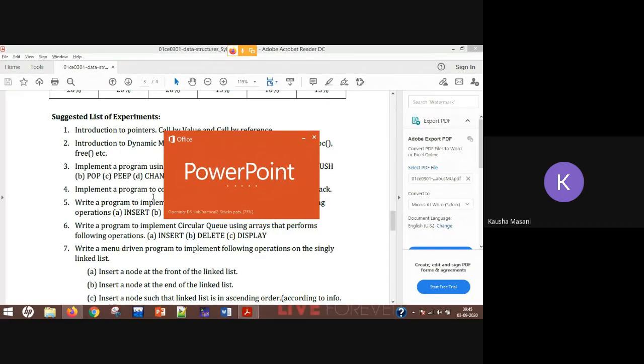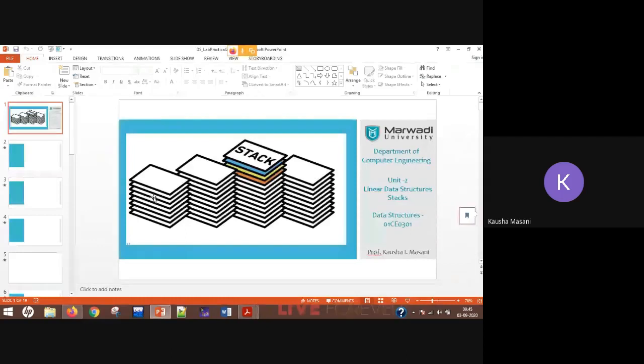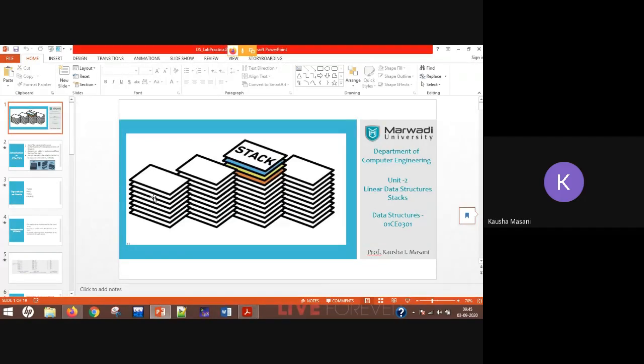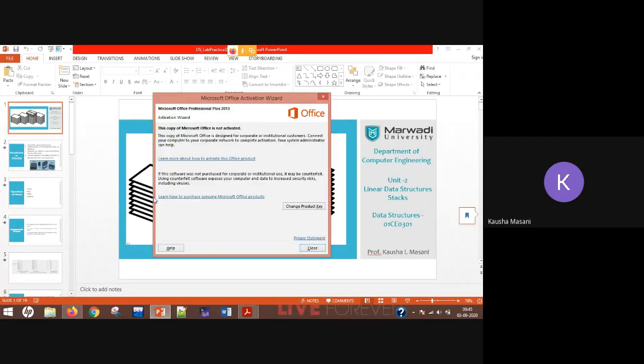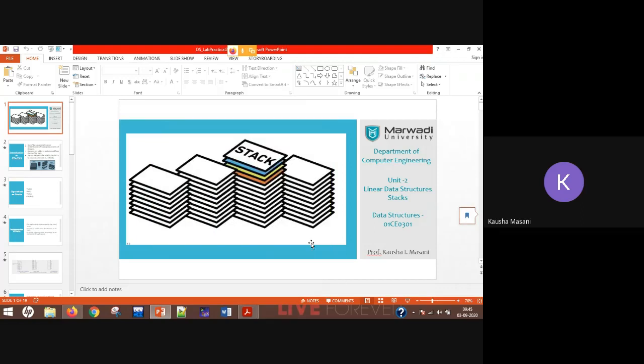See, your stacks are initialized with the help of arrays. First of all, they are your non-primitive linear kind of data types. Second point, the location of the topmost value.